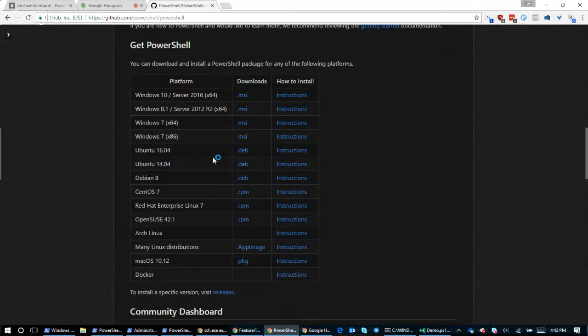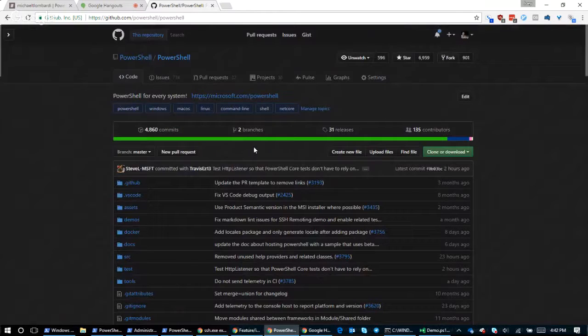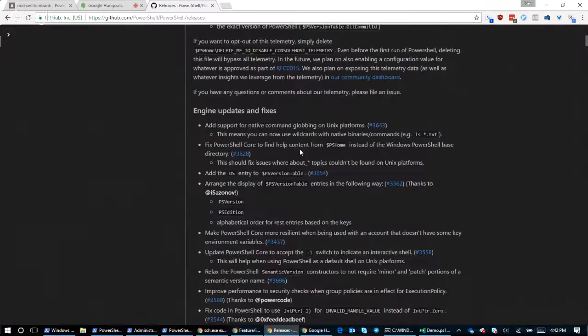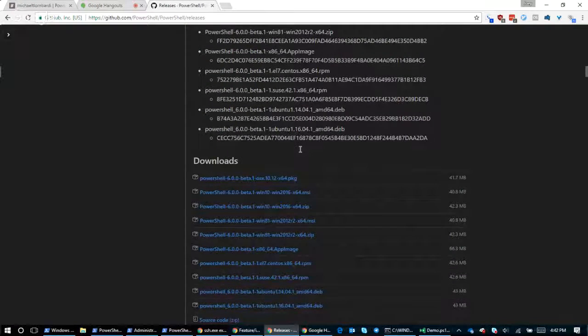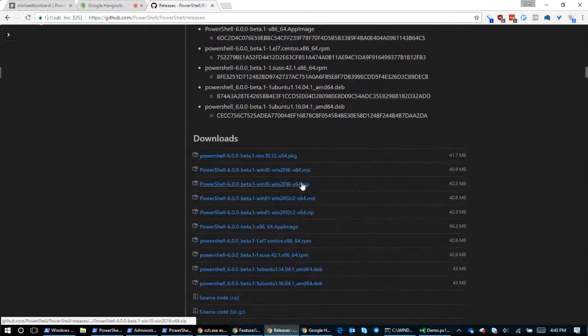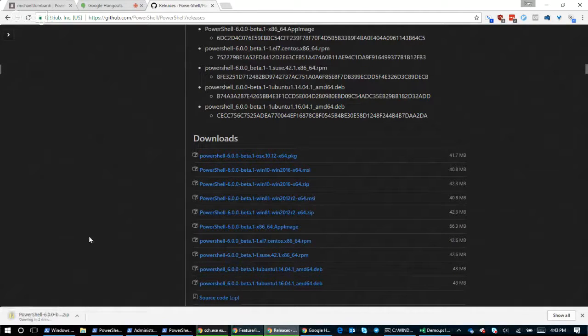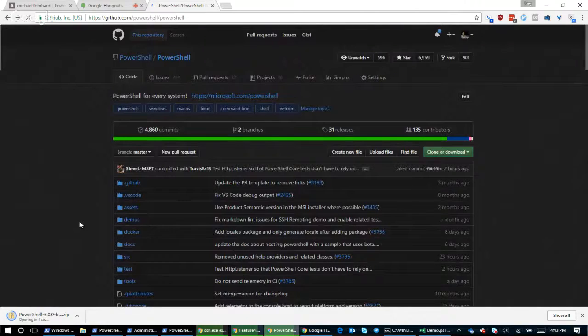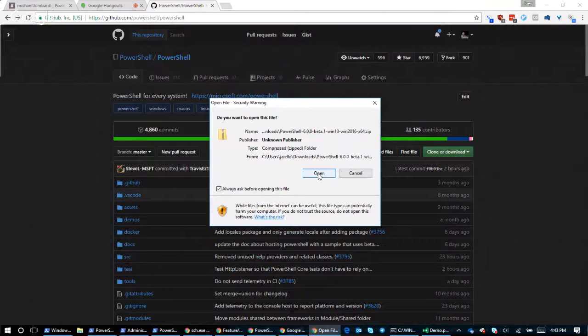But if you want any of these things, they're very easy to download. These are direct links to the MSIs here, but we also support X-copyable downloads. So if you go to this little releases button right here, you can actually grab a zip of PowerShell 6 that doesn't require any installation whatsoever. I can just click this thing, download it. It's like a 45 megabyte zip, or 42. I can drop it onto my desktop and it will just work, which is really cool.